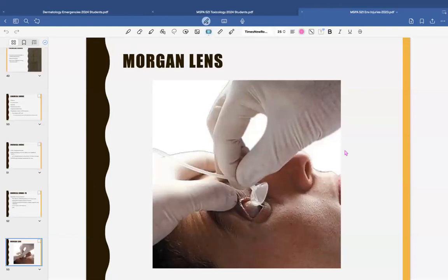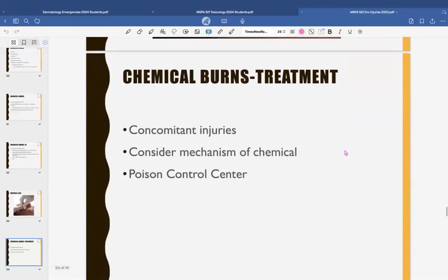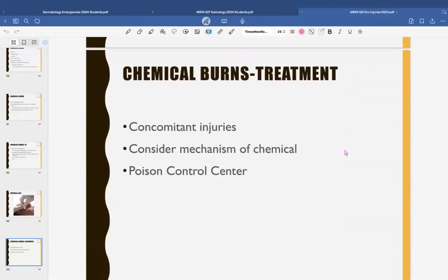Terrifying. Really, really helpful. Sits there and just flushes that. It's like a big contact. Check for any concomitant injuries and consider